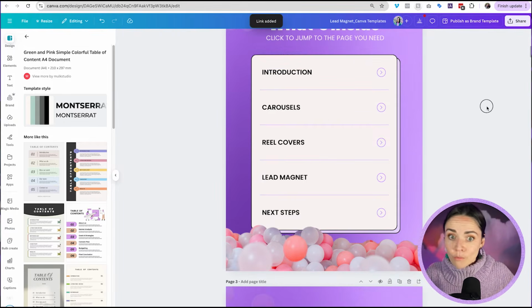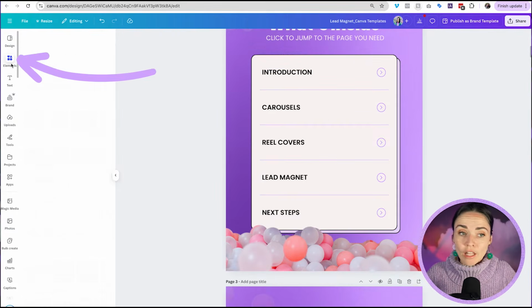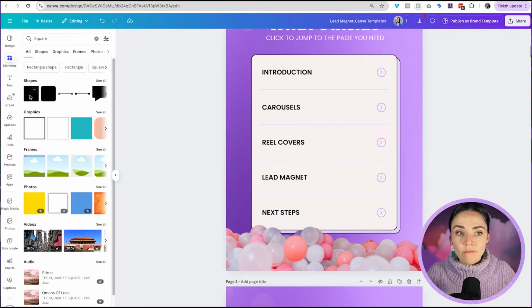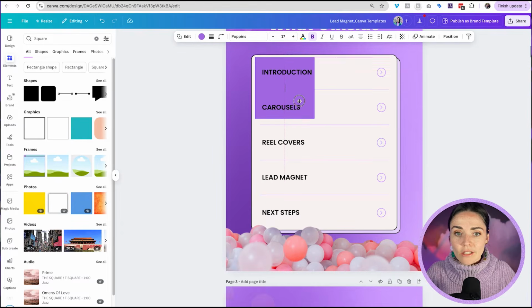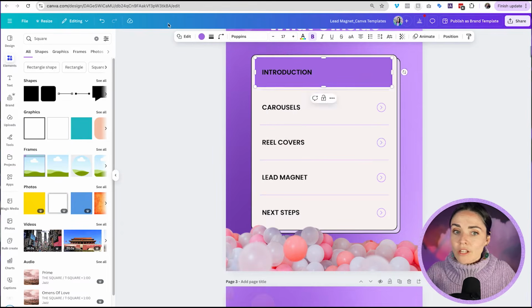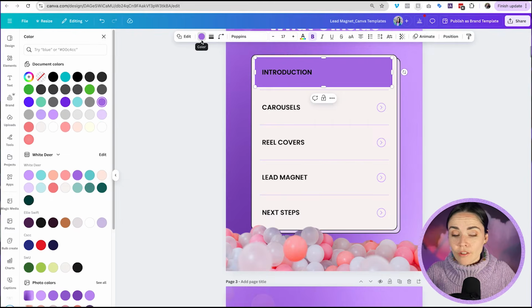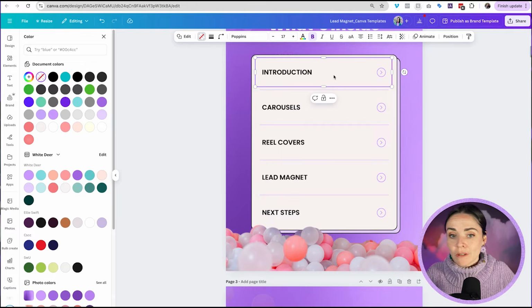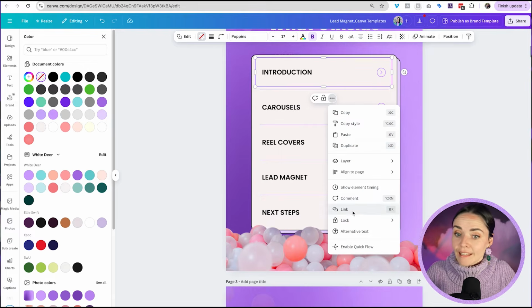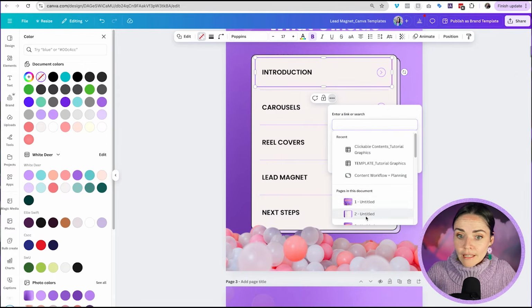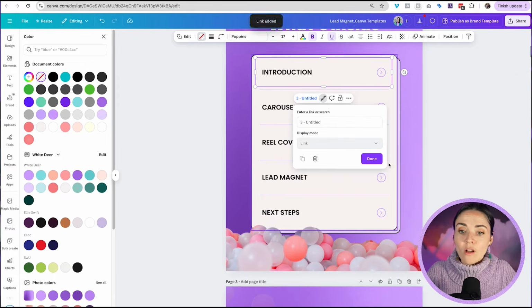If you wanted to make it even more obvious, you could also go to elements, even just grab this square here, make sure you find it from shapes. If you click in here, you could actually insert this object, and you could even make this transparent. So clicking on the color and selecting the no color option here, the square with the line through it. And that's then going to make a totally transparent shape. And I could choose to actually link this shape itself, page 3, and that's going to make this whole section